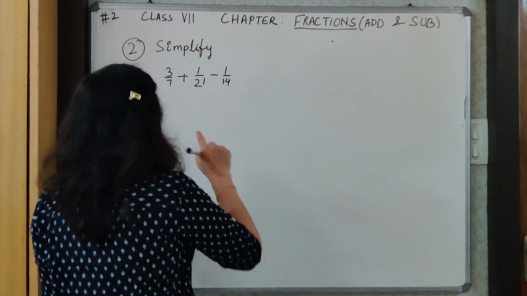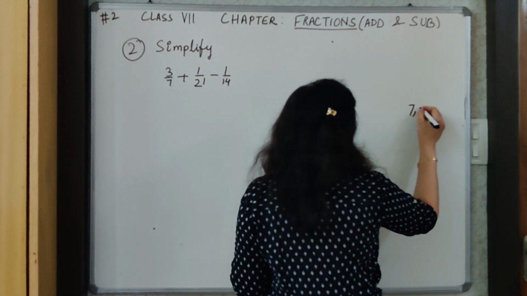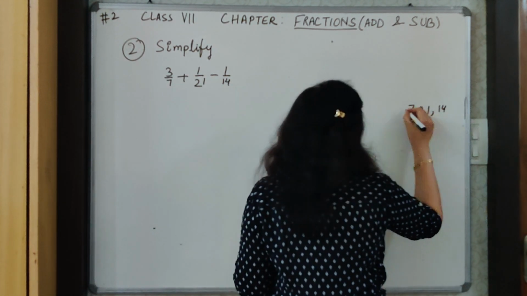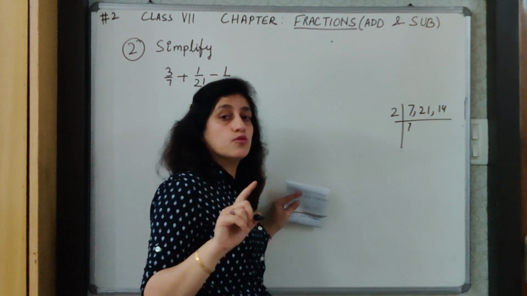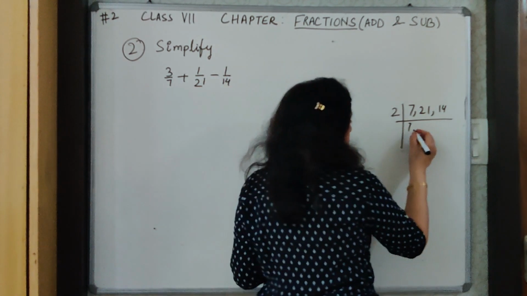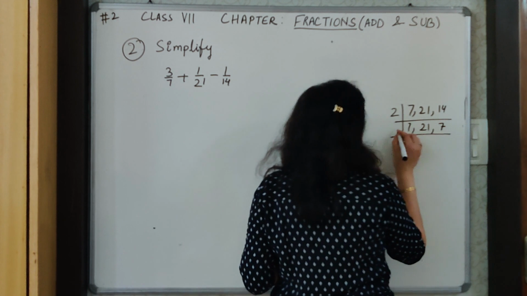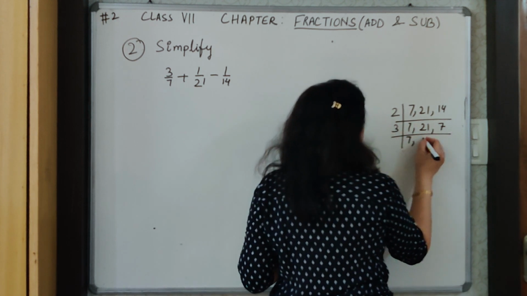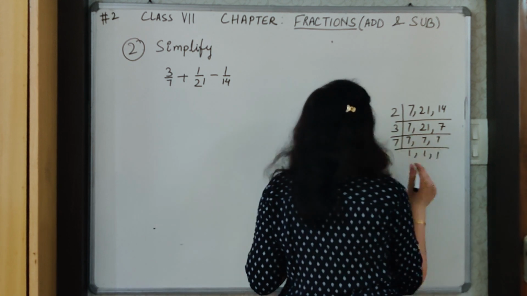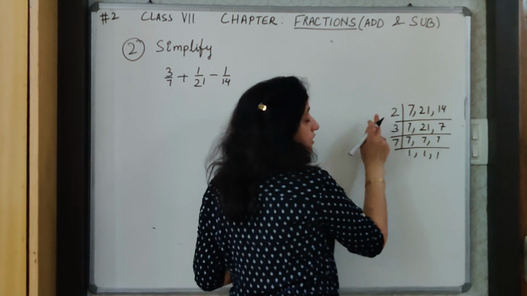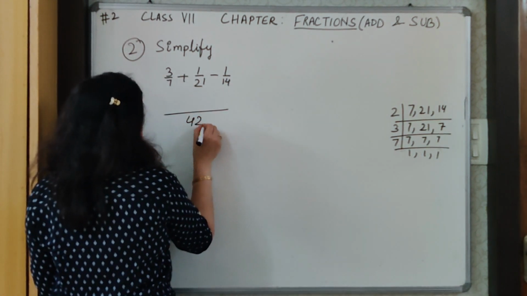Okay. So first we'll find the LCM of these three numbers. I'll do it for you here in rough: 7, 21 and 14. For the LCM, first we'll begin with the table of 2. We always begin with the smallest prime number and then move on to the others. So 7 and 21 are not divisible and 14 is divisible, it will give 7. Now we have 3, 7, 7, 7 and finally we'll divide by 7 to get 1. So 7 3s are 21, 21 2s are 42, which becomes the LCM of this question.